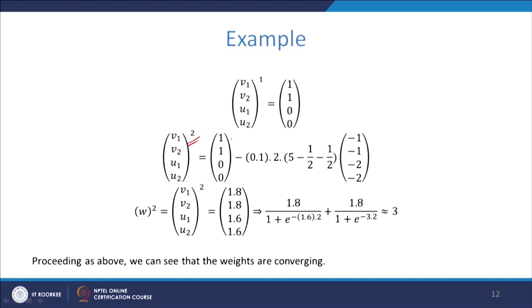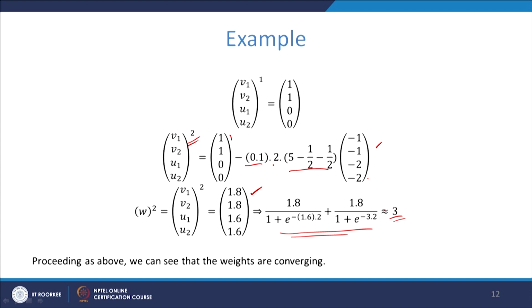At the second iteration, the first iteration value minus alpha and 2 times the n value is this, and the partial derivatives are given by this when we substitute the first iteration values. So, it gives the second iteration values to be like this. Now, if you substitute V1, V2 and U1, U2 in the neural network formula, we get the value close to 3. So, we see that it has improved slightly.